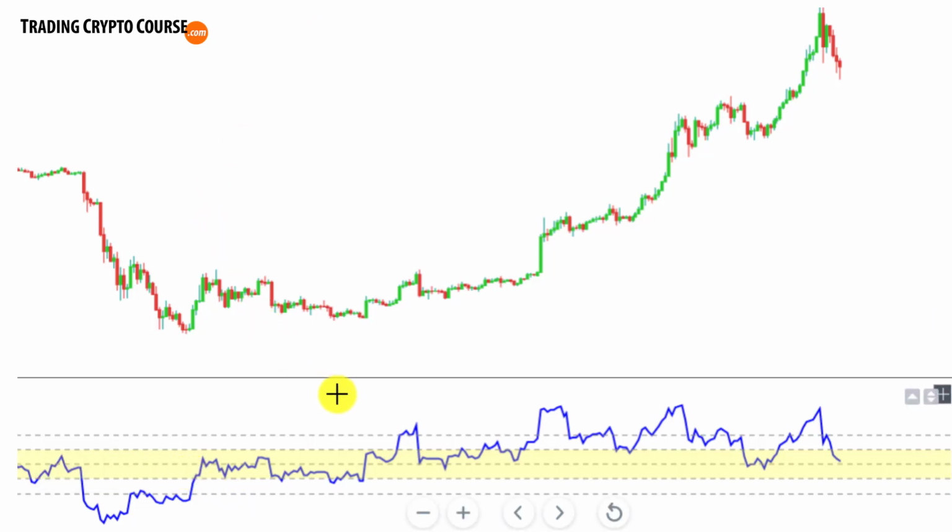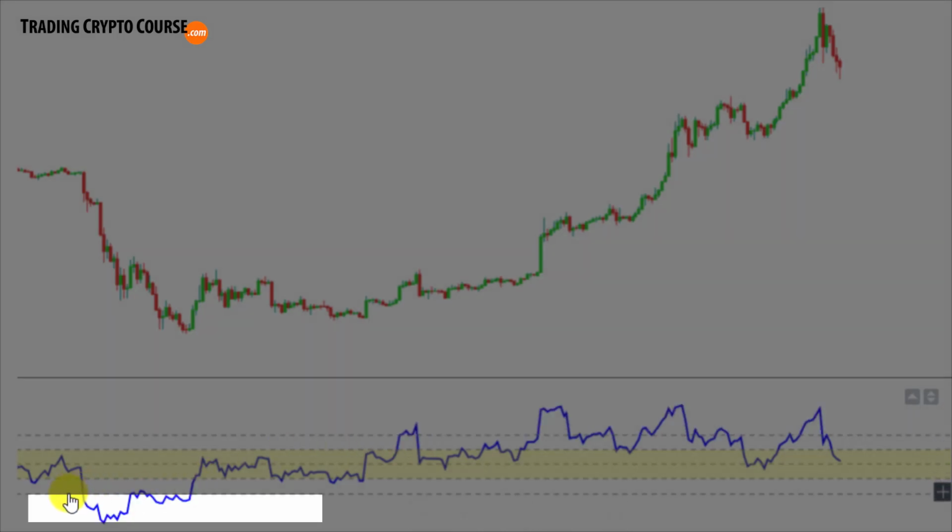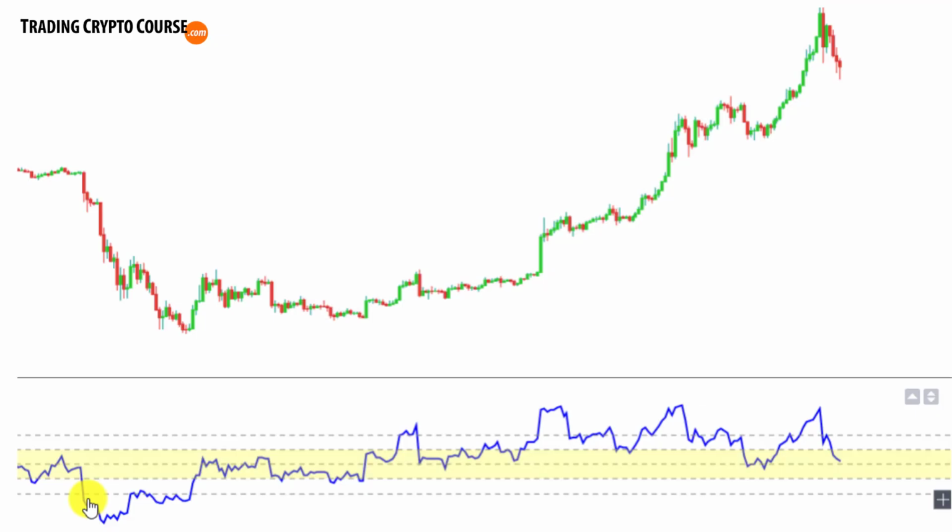Many times new traders think that when price gets above 70, that price is overbought, and when price is below 30, the price is oversold. But these are actually quite dangerous things to say, because as you see over here, the RSI drops below 30,